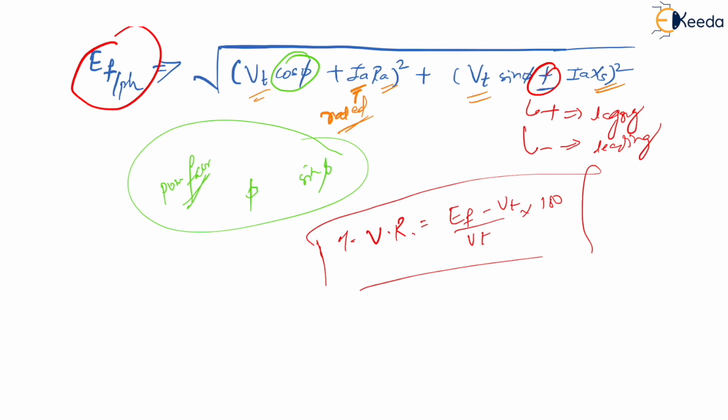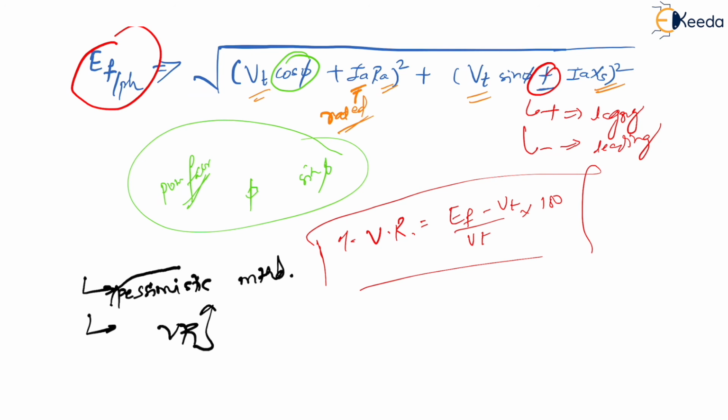Now there are some important points which you need to understand about this particular method. The first important point is that this particular method is called the pessimistic approach, the pessimistic method. Correct or not? Why? Because let us see. Pessimistic in the sense that whatever reading of voltage regulation you get here, it is going to be more. Correct? And what do we mean by